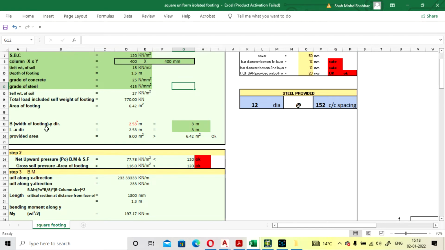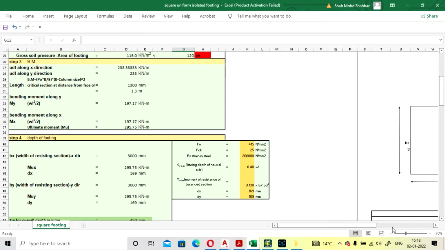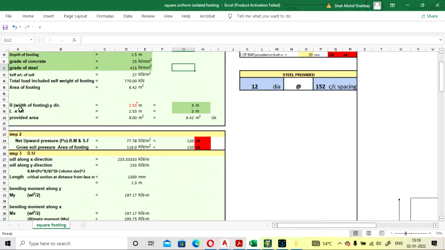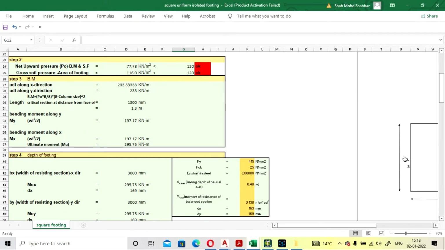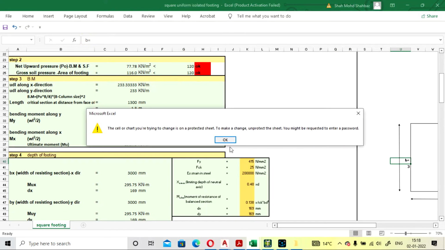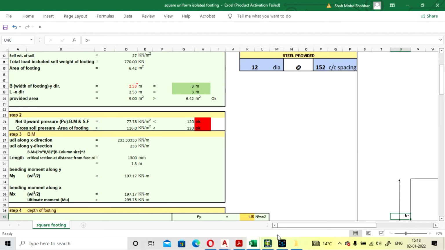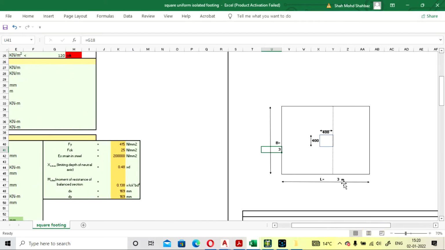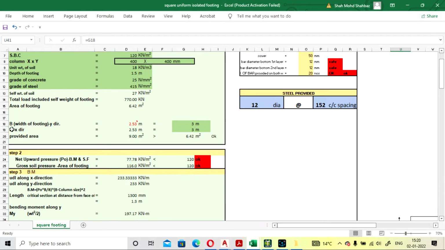Now if you take the directions, this will be the y direction and this will be your x direction. So x will be horizontal and y will be vertical if you see in plan. Don't be confused. This one is y. It is capital B, you can change it. Here it is capital B and this one is L. Here it is written for reference, B and L.